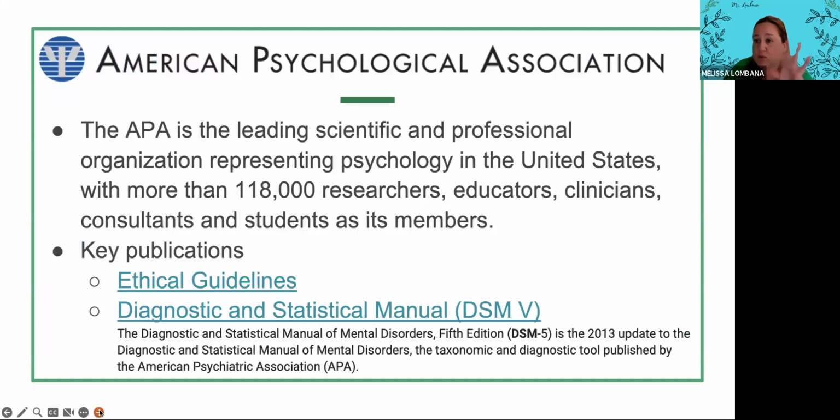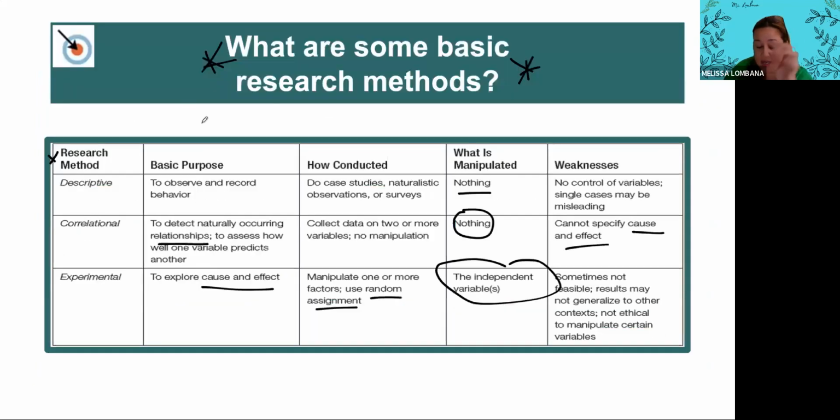Now, let's get into ethics. So at the top of your paper, you're going to write down ethics, and this is going to be the first subtopic. So first subtopic is the American Psychological Association. This is the APA, and I gave you guys the website for the flashcards. APA is